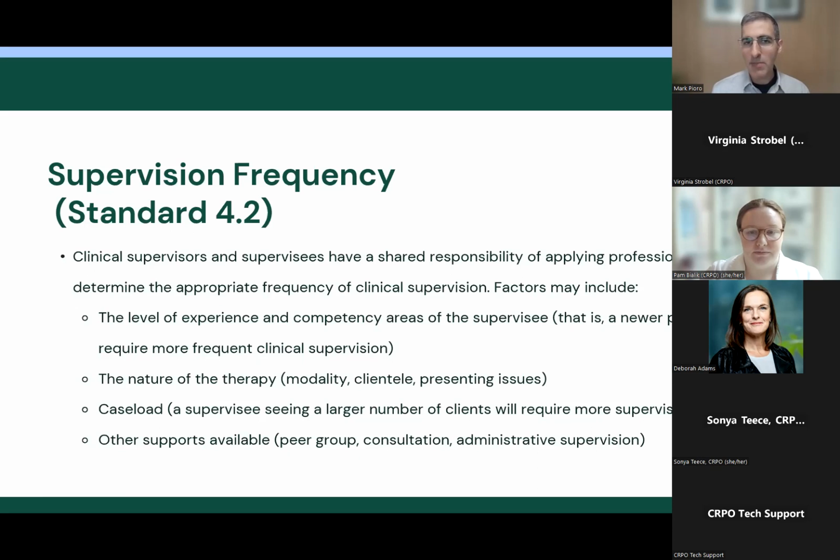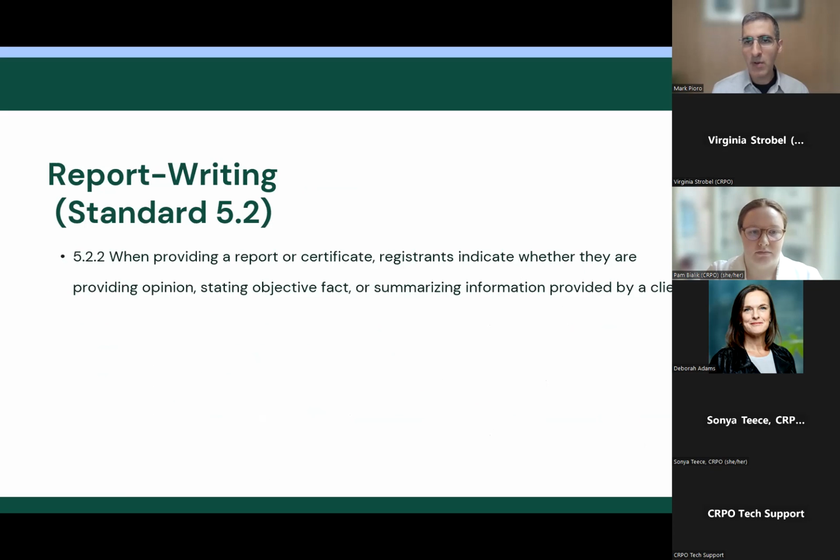Over the years, CRPO has received many queries and complaints around RPs providing reports, particularly when those are later used by clients in their divorce and custody proceedings. Another area of concern involves motor vehicle accident reports or other insurance-related reports. In response, Standard 5.2.2 now says, when providing a report or certificate, which I note includes a letter,